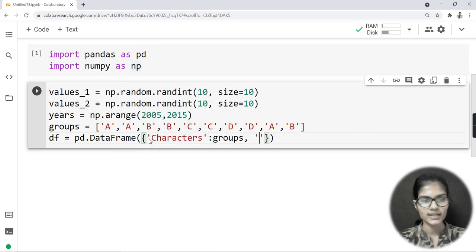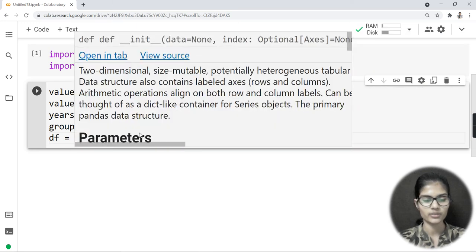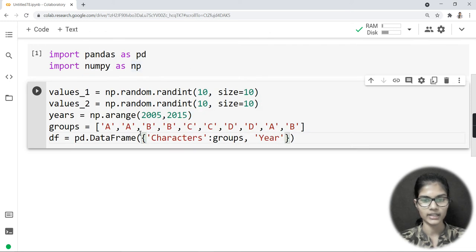Now next I want year. So for this I would keep it the same, year, and I would put a colon, and here I would be giving years. Now one more comma here. Now comes the turn of the values, right? For the first one, I would take my column as number_1, and in that I would be storing the values from the values_1 variable.